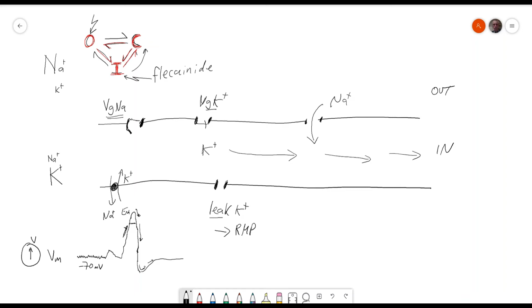The other thing you can do is to target voltage gated potassium channels. If you make them open for longer, then this tail is going to get longer, and that's going to slow down the action potential because here you've got a refractory period and it's harder to activate the cells. So there's quite a few ways in which